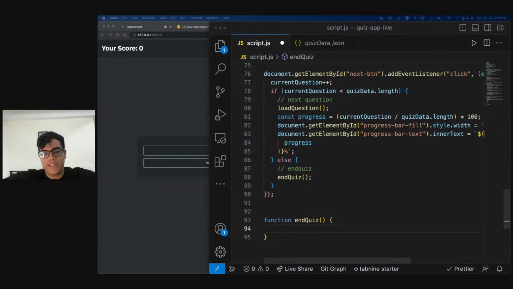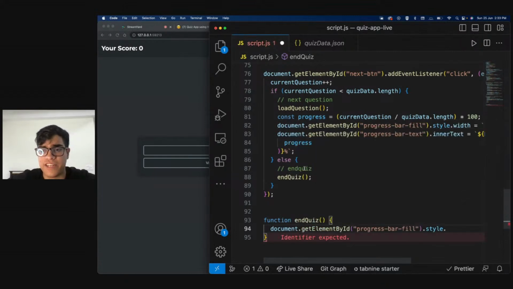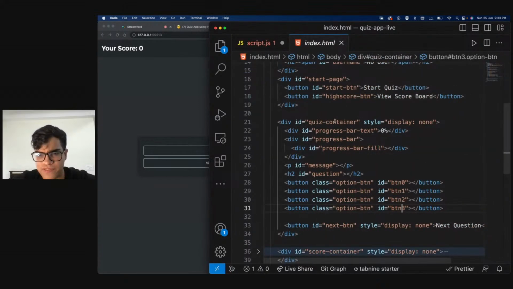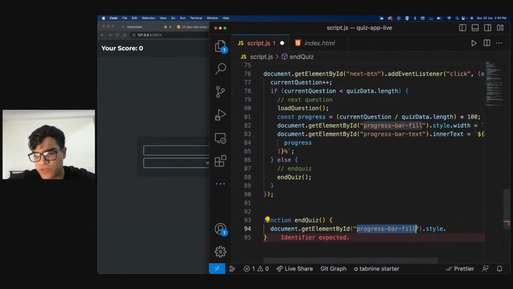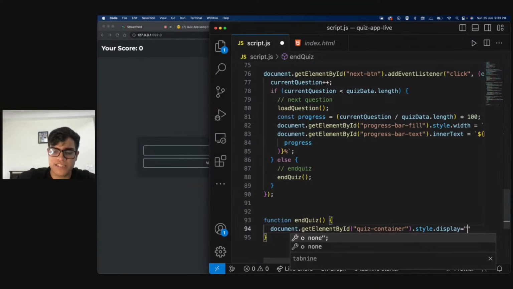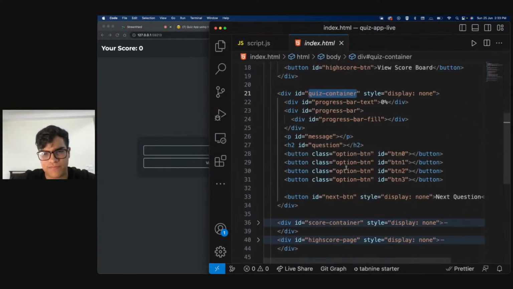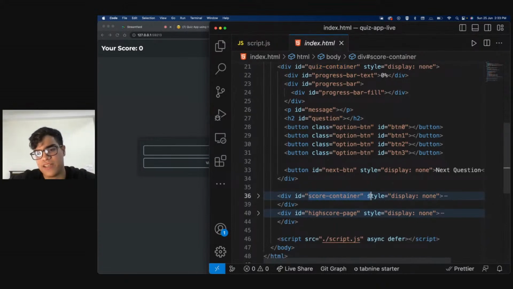But before that, all we need to do now is we just need to say document dot get element by ID, right? We just need to get rid of this quiz container, right? So say dot style dot display equal to none, and we need to get the final score container, right?